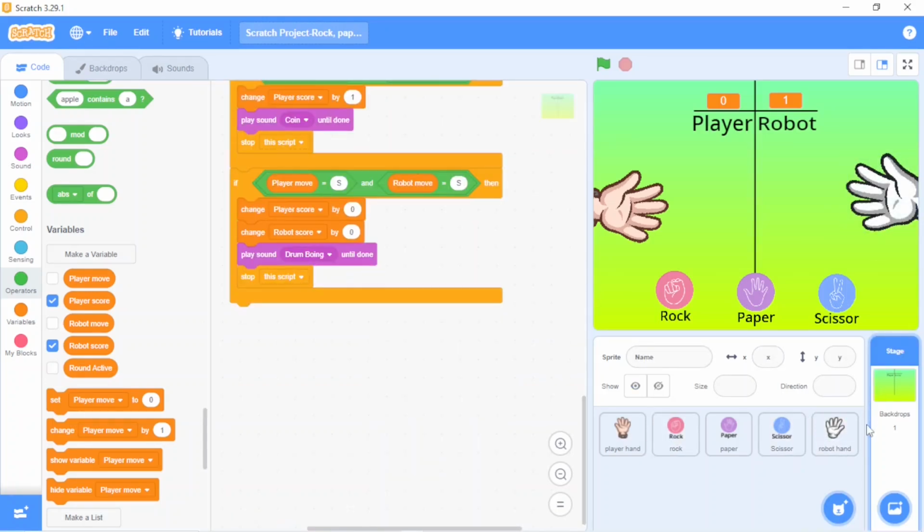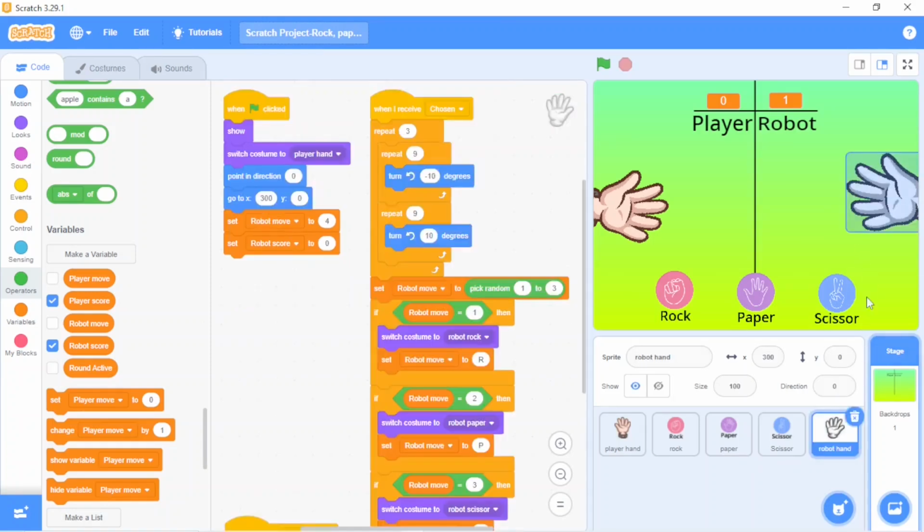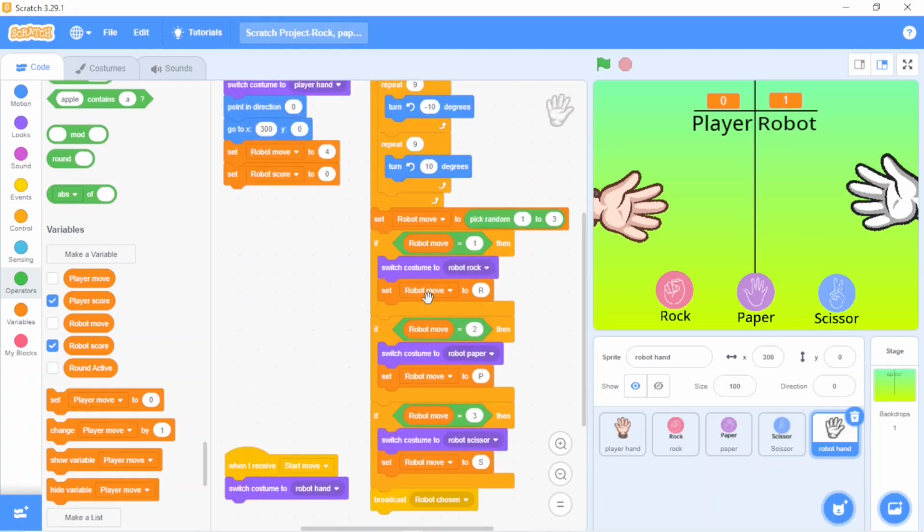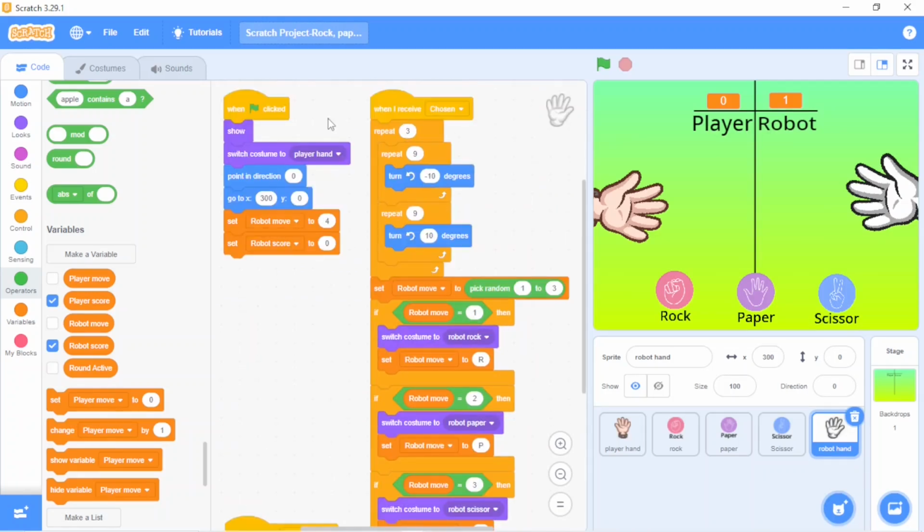And I noticed that which I have chosen over here, of the robot hand, it's being in the same position. And then if the start move is received, then only switch costume to robot hand is there. So now a last change. And sorry for that. Instead of switch costume to player hand, just take switch costume to robot hand.